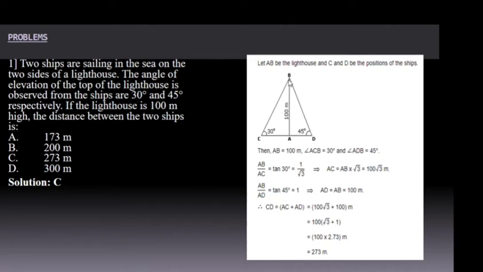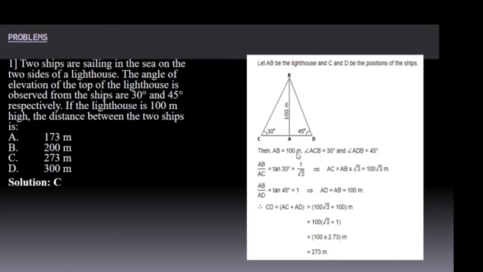Now in the first case, I will consider the triangle BAC. Okay, and from here I will try to find what is the length AC. Similarly, I will consider the triangle BAD, and from this I will try to find what is the length AD. Okay, if you look at this, both the triangles are right angle triangle at the angle A. Okay, for this particular triangle, BC is the hypotenuse, and for this particular triangle, BD is the hypotenuse. Now, so I have just written here what are the things given to us.